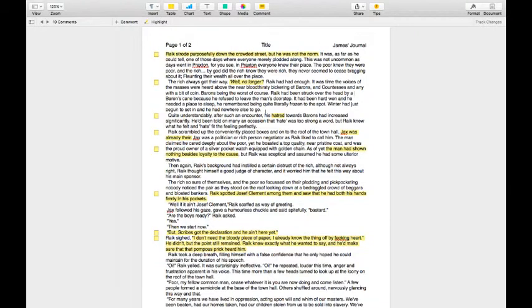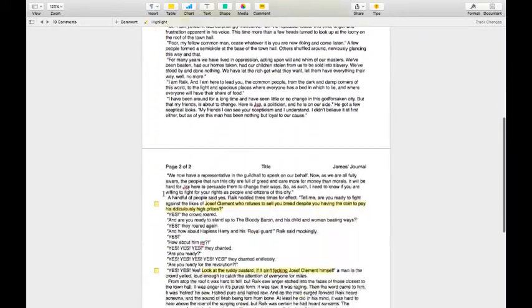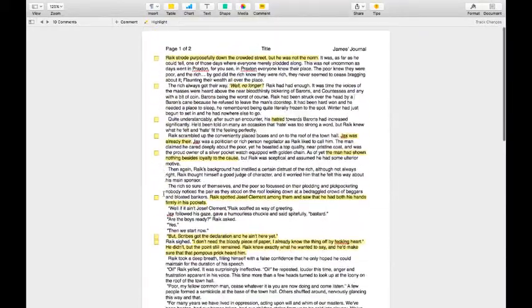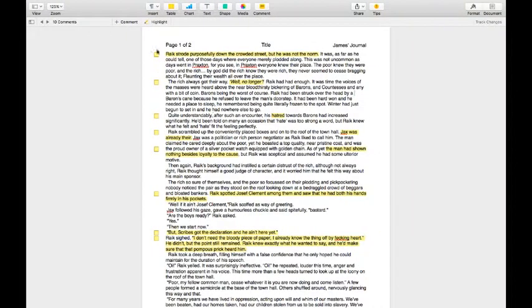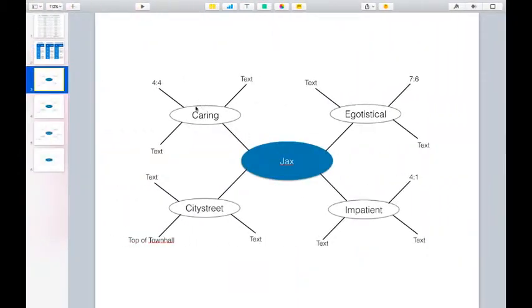So this is the piece itself. As you can see, all the highlighted bits correspond with these points. So if we go to 4-4, so 1, 2, 3, 4, 1, 2, 3, 4, you can see Jax genuinely does care. So that's the caring.